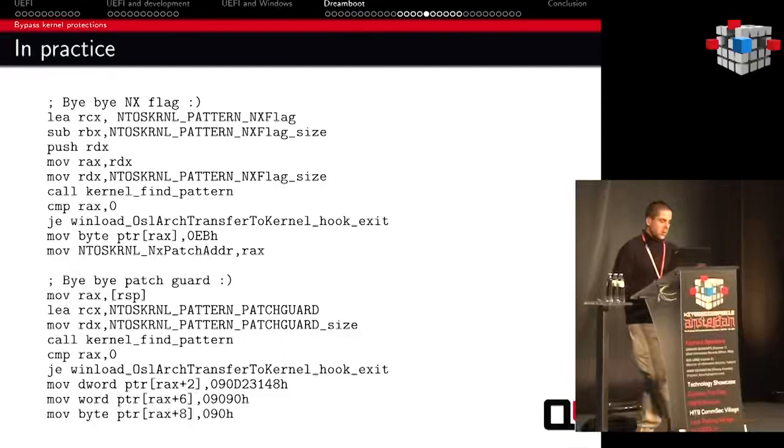So it was very easy to deactivate PatchGuard in this case because it's not currently executed. If you look at the Dreamboot code, it's just a classical patch, NOP patch, or conditional jump inversion, very classical.